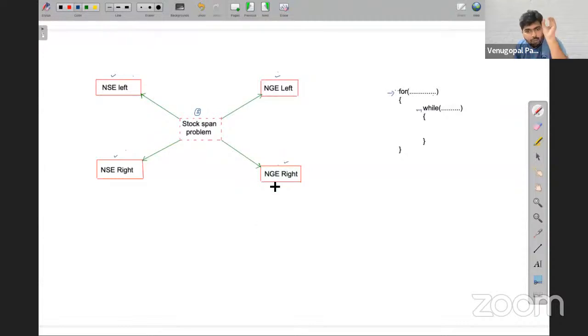I have seen many YouTube videos where they struggle a lot to explain these concepts. If you understand the root of that problem, then it is easy, friends. Tomorrow in interviews they may do some modification to this question, some variation they can ask, but the underlying concept will remain the same, that is stacks. The underlying concept doesn't change, friends.